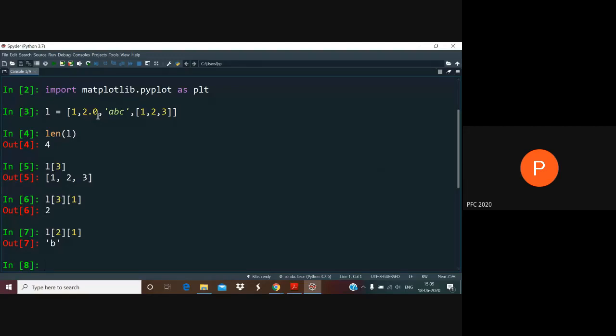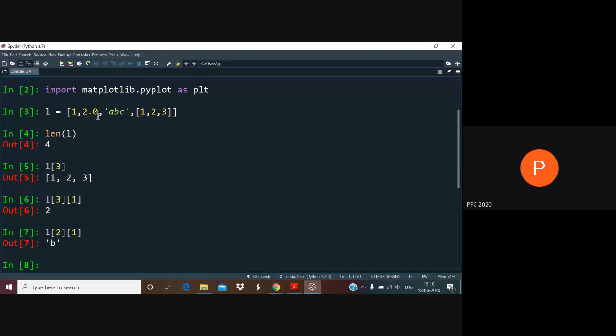On the other hand, as I said, a NumPy array may look like a list on the face of it, but it actually is very different. One major difference is all the elements in a NumPy array have to be exactly the same type. And although it's possible to have strings or other objects in a list, in a NumPy array, most of the applications that we will have, almost all of them, will assume that the array is one of either integers or floating point numbers called floats or complexes. But each and every one of the elements will have to be exactly the same type. You can't have an integer and a floating point together.